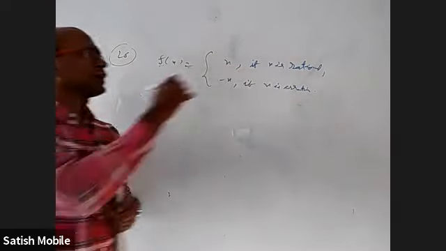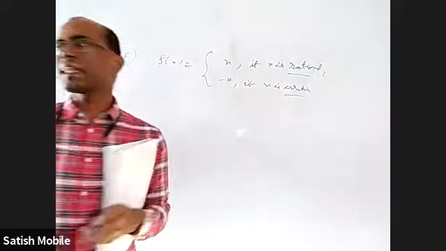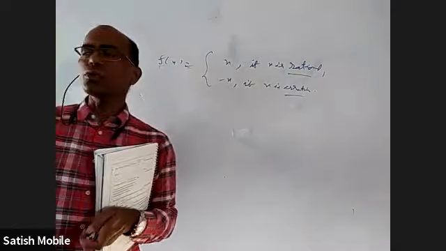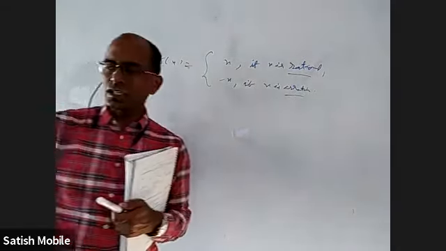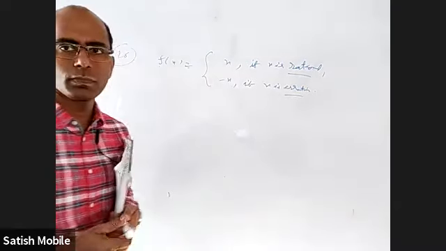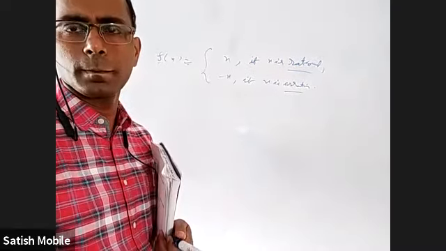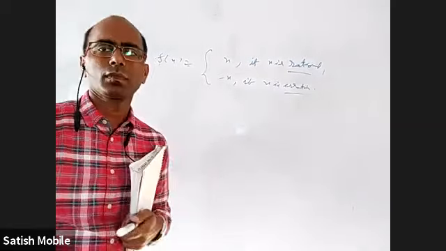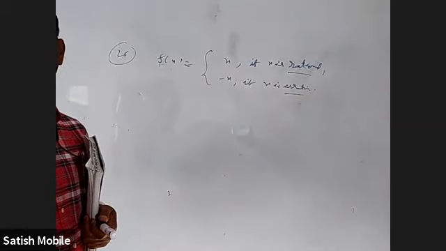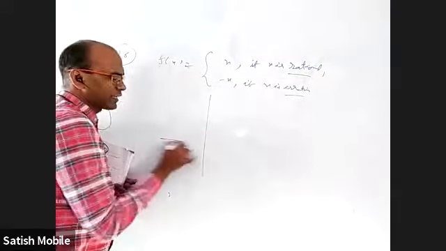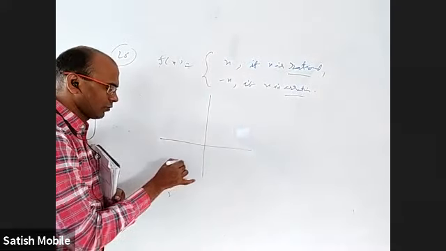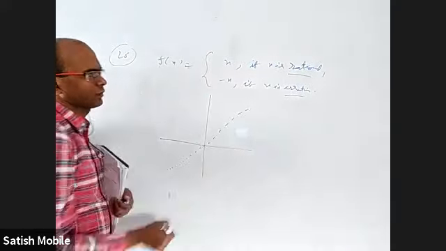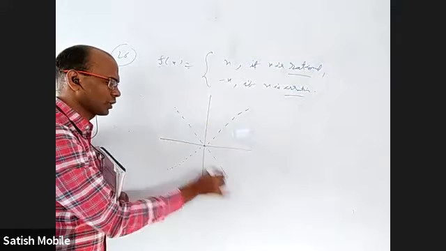Why? The rational numbers and irrational numbers are infinite. You take any two rational numbers, between them you can insert infinite rational numbers and infinite irrational numbers also. You think about it, I'll just explain briefly. If required, I'll tell tomorrow. A lot of dots you can write. There are also a lot of dots you can write.